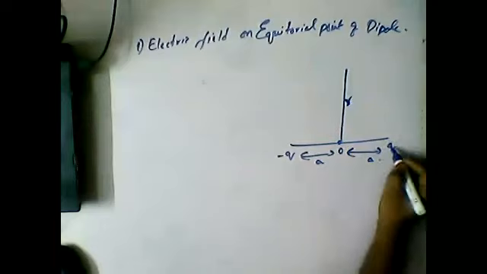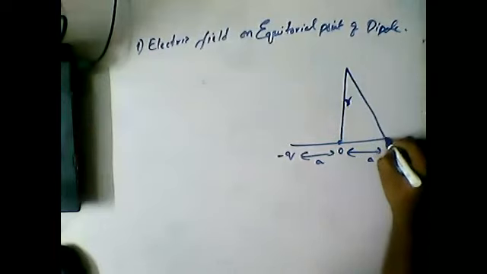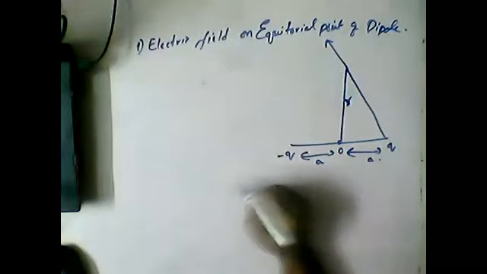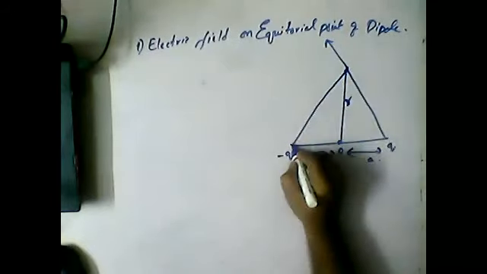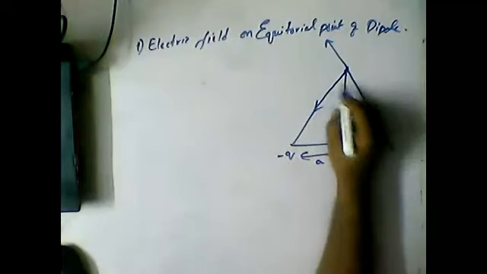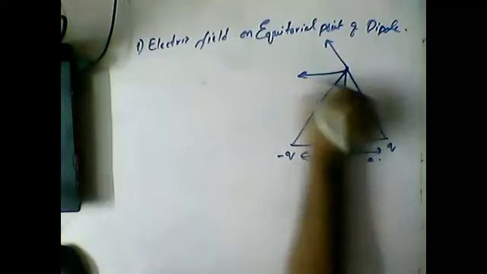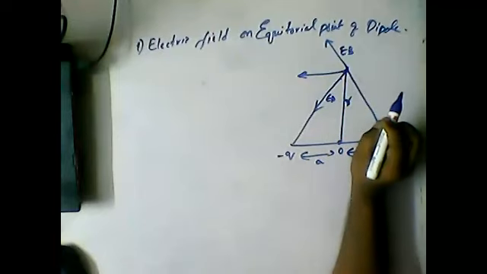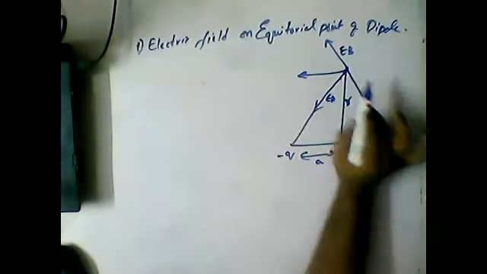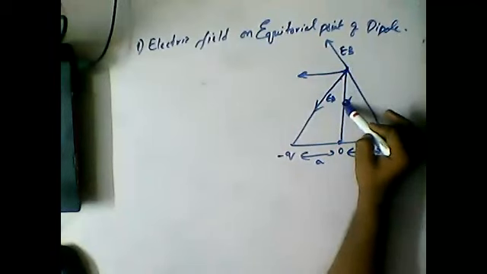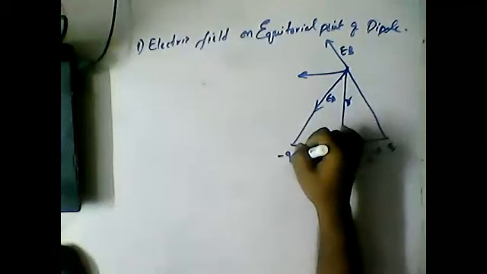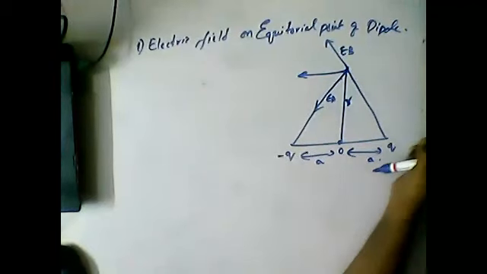Now, this is a plus charge, so due to this the electric field is directed away, like this. And due to this q, the direction of electric field will be like this, so the net electric field will be in this way. So this electric field is EB and here it is EA. If you observe clearly, the magnitudes of EA and EB are the same. Why are EA and EB the same, guys? Because both charges have equal magnitudes and are separated by the same distance.